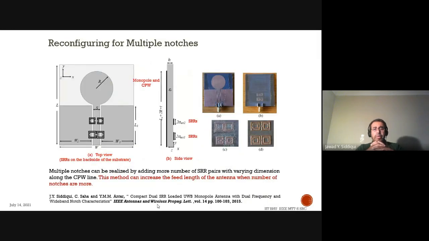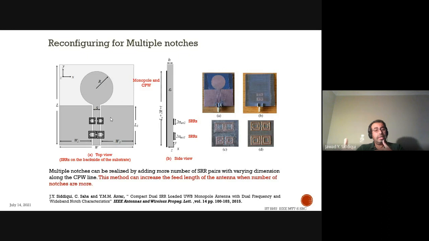Okay, now let me come to multiple patches. Now, when you want multiple notches, this opens up a lot of ideas to work further. When we design multiple notches, what we can do is maybe elongate the transmission line a bit further, so that there's space for placement of multiple SRRs of varying dimensions. When you put multiple SRRs of varying dimension, we saw that you can yield a dual band, dual filtering, a dual notch, 2 notches or 3 notches, depending on the space that you have to place your pair of SRRs,